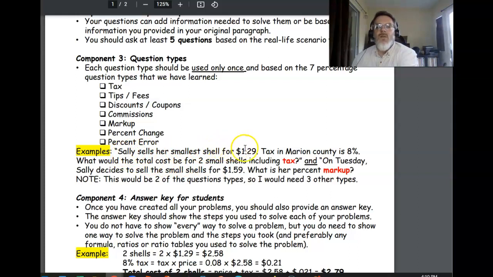Sally sells her smallest seashells for $1.29. In Marion County, tax is 8%. What would the total cost be for 8 small shells, including tax? Okay, so there's our tax problem. Or on Tuesday, Sally decides to sell her small shells for $1.59. So what would her percent markup be? Again, there's another type of question. So we did taxes, we did markup, and we would just need to find 3 other types of questions to